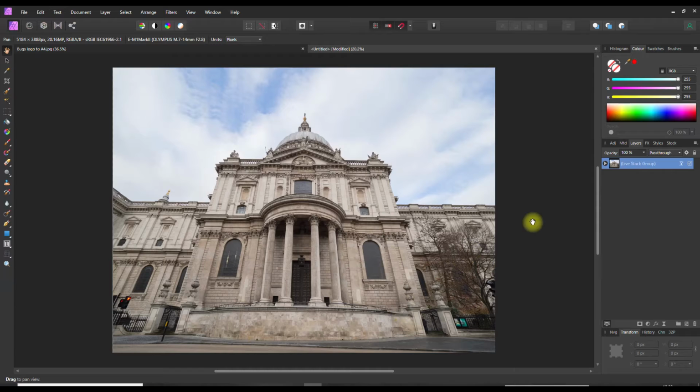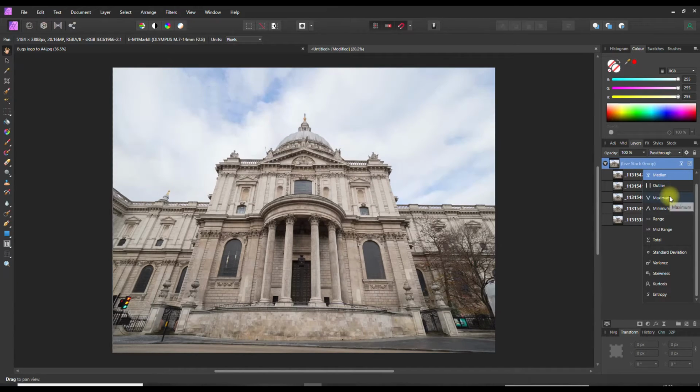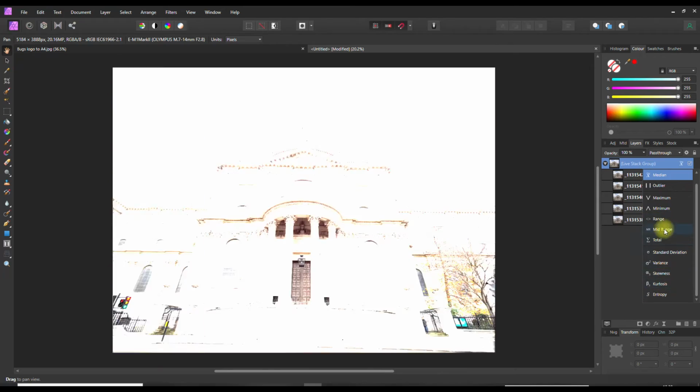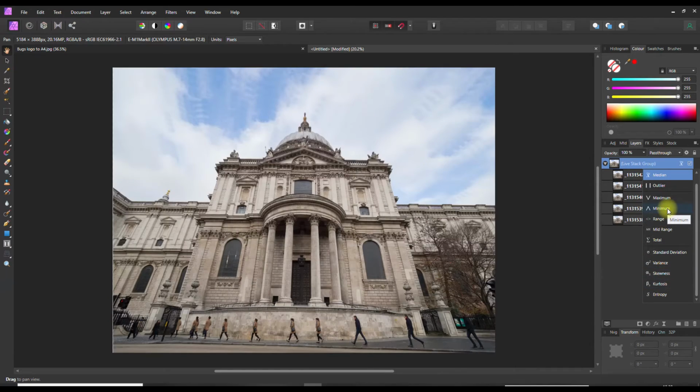So here's the stack, and we can see that the people have all disappeared, which is good. If we click on this little icon here, you'll see that it defaults to median, which in effect is the same as maximum. If we go to minimum, you can see all the people from all the shots are in. Now these other ones are a bit more esoteric and I'm not even going to talk about those, but